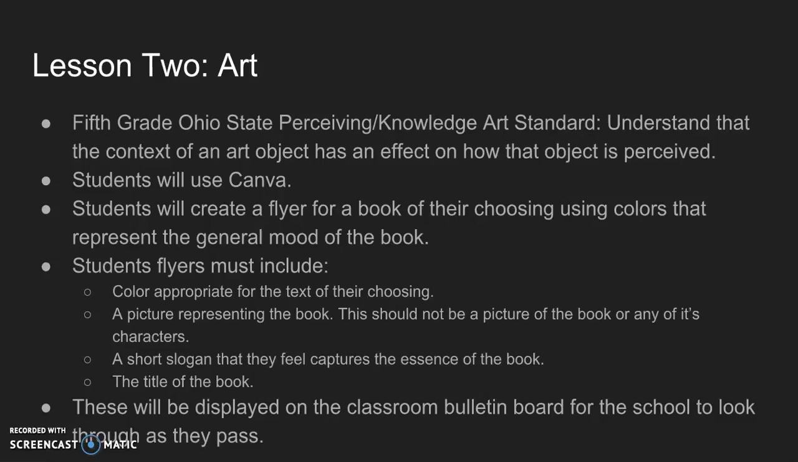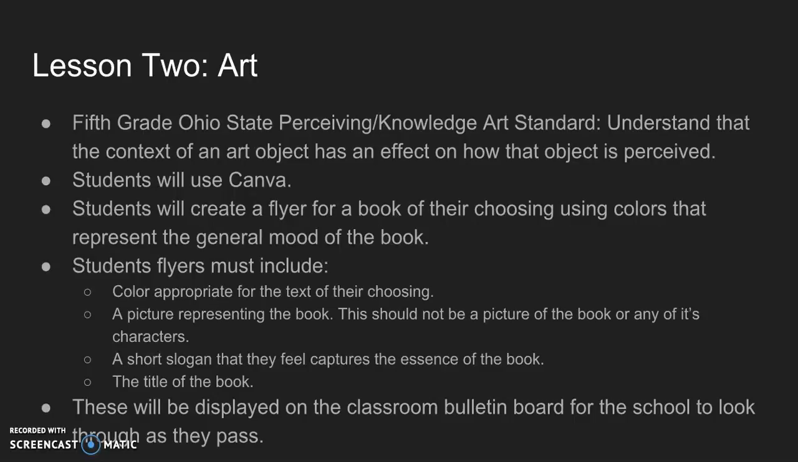The second lesson to go with the feature text is an art lesson to understand the context of an art object has an effect on how the object is perceived. For this lesson, students will be using Canva. Students will select a book of their choosing to create a flyer for, focusing on the mood of the book